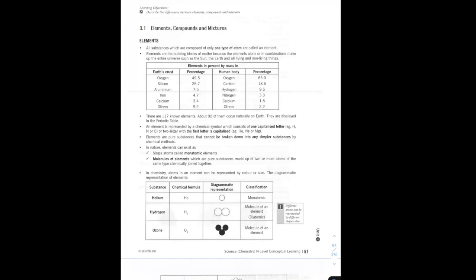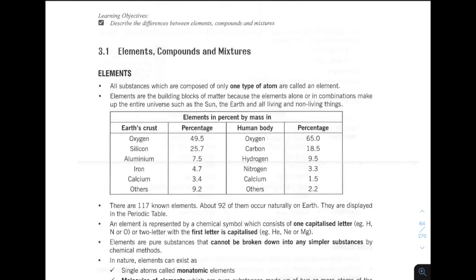Okay, so for chemical element, this chapter is mainly elements, compounds, and mixtures. All substances which are composed of only one type of element or one type of atoms are what we call an element. In this case, there are three main items you need to know to identify. One is element, second is compound, and third is mixture. Each of them, the definition you have to remember, and they tend to ask you to compare between a compound